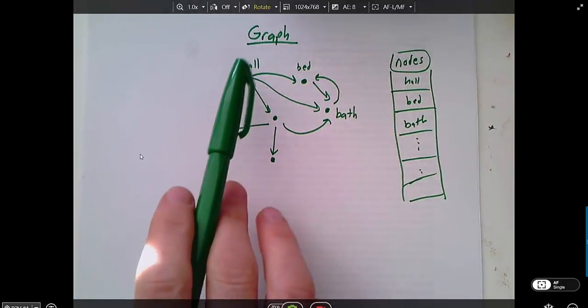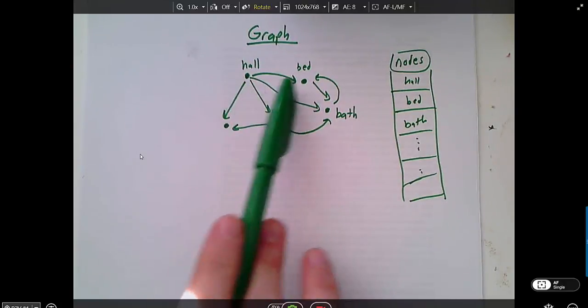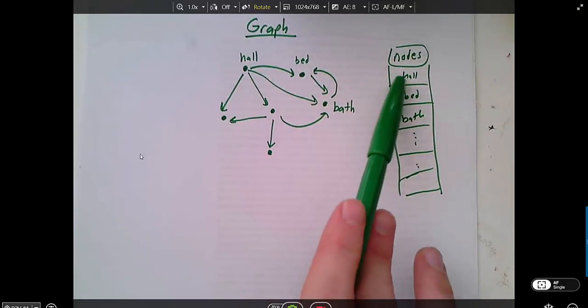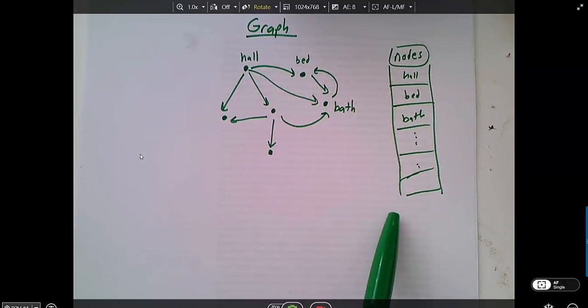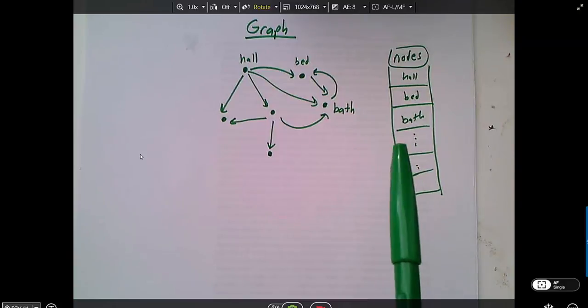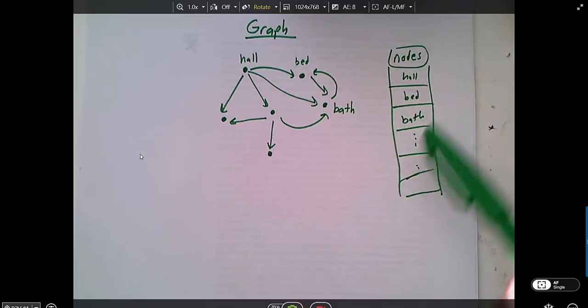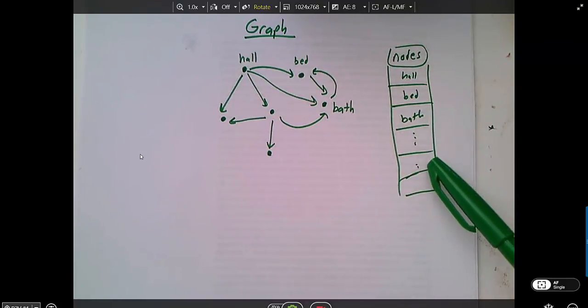First of all, in the graph class itself, of course, we have the root node, and each node has a list of all of its neighboring nodes. Let's ignore that for the moment and just think about the list of all the nodes that the graph class has. The reason that we kept a list of all the nodes was because we wanted a getter method where we could say, give me the node for the bedroom, and it would just immediately return the bed node. Right now, the way we have it implemented is we literally have to loop over every single node in the list and check the name of each one until we find the name of the one we're looking for, and then we return it. Using a hash map instead,